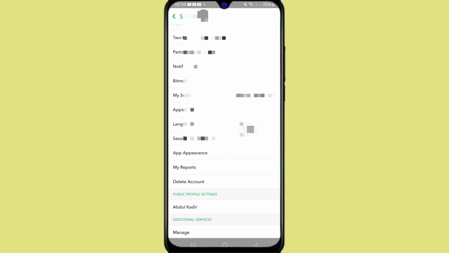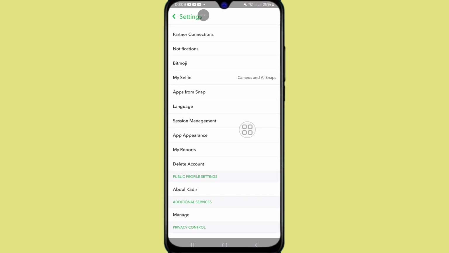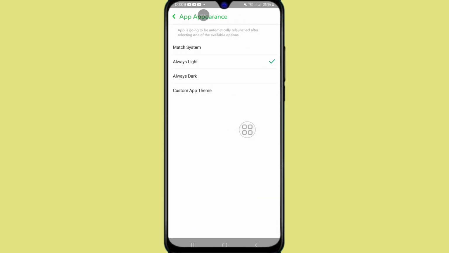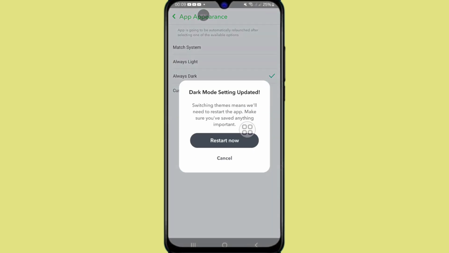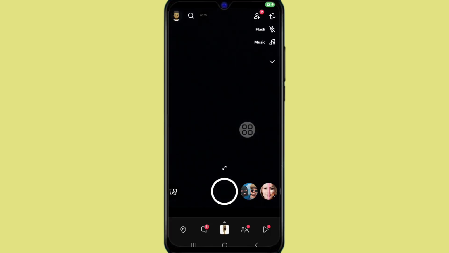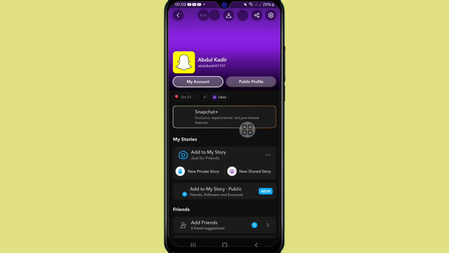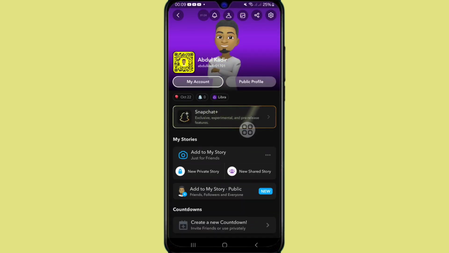Scroll down and see here is an option of app appearance. Tap on here and select always dark, and then tap on restart now, and tap on your Snapchat profile. See here, finally dark mode is enabled